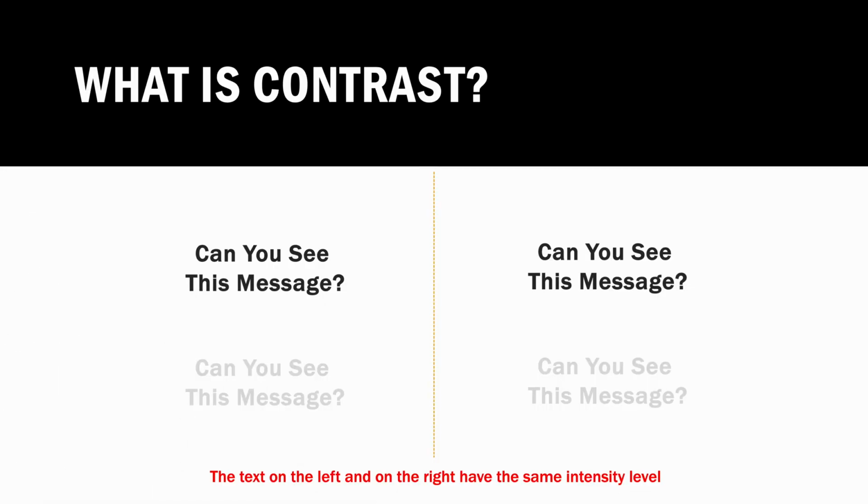Contrast is the difference in brightness, also known as luminance, or in color that makes objects distinguishable. In this example, the text on the left and the right is identical. The letters have exactly the same intensity level. At first, both sides use a white background. On the left, the dark gray text at the top is easier to read than the lighter gray text at